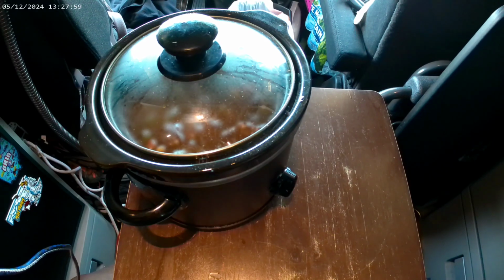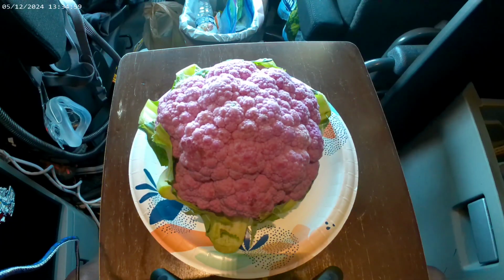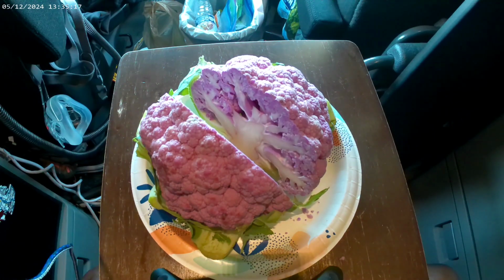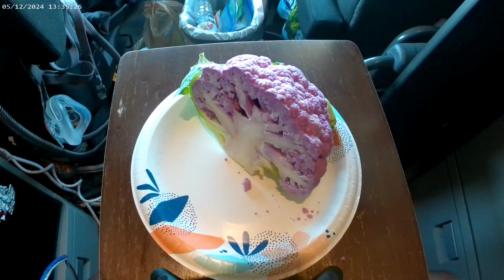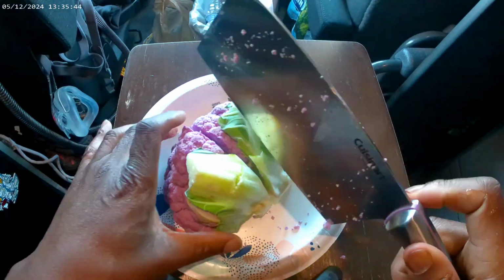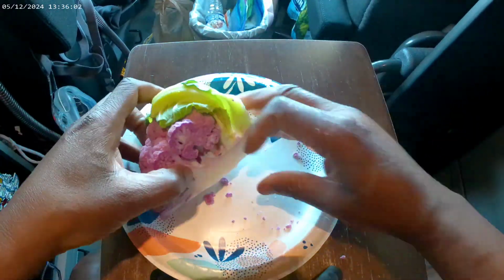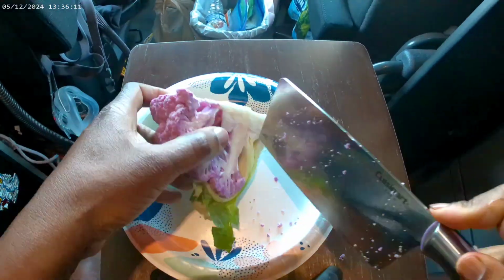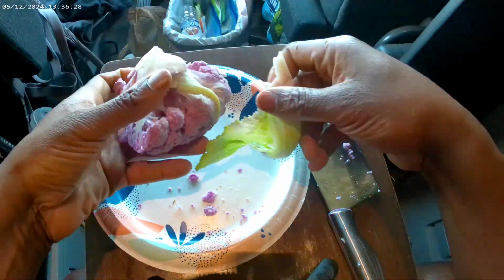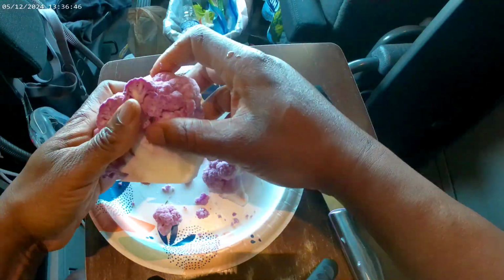While that's cooking, I had this purple broccoli. Not broccoli, purple cauliflower. They cousins, they cousins. Cousins on his father's, mother's, sister's, nephew side. Yeah. So I took about a quarter of this big old piece of purple cauliflower. Trim it up nice, take the leaves off. Today we ain't gonna bother trying to eat or save them. We doing enough. I've been known to do too much. So you take the florets off